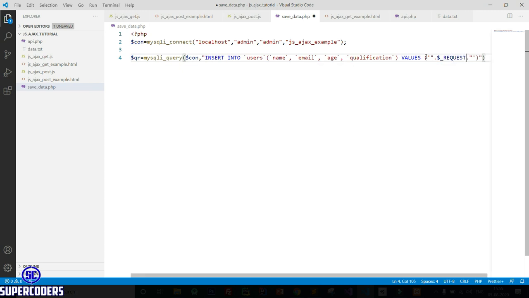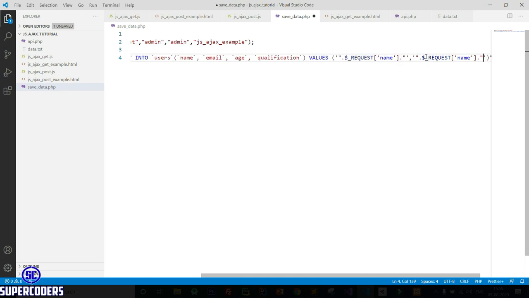Here $_REQUEST name, then comma, email, then comma, age, then comma qual, so qualification qual, semicolon.